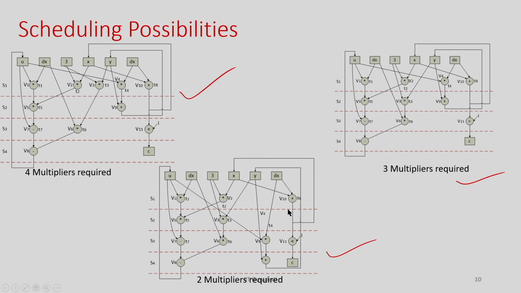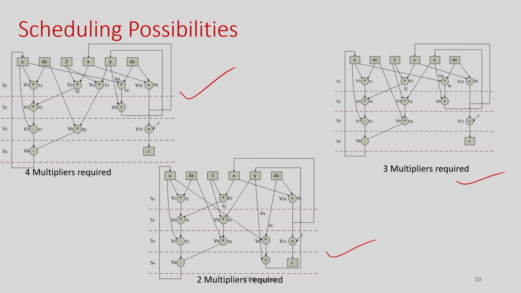Satisfying data dependency means that if an operation is dependent on another operation, the previous operation must be executed first, and only then can the dependent operation execute. Otherwise, the data will not be available, and the data dependency will be violated. So you see here I have 3 solutions, which all take 4 cycles.